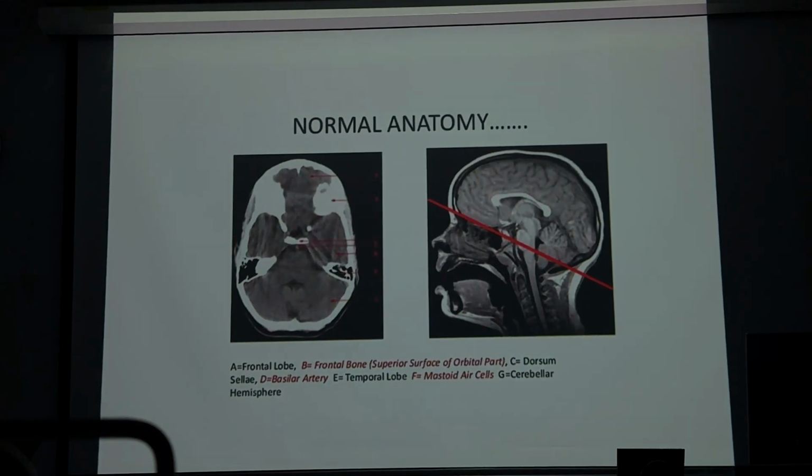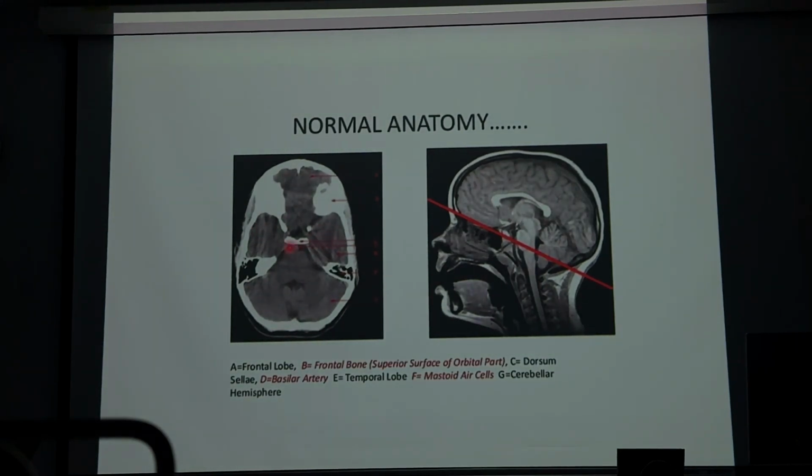Subsequent cuts will further show parts of the frontal bone anteriorly, as we see here, of course, right and left. Frontal bone itself and superior surface of the orbital part, dorsal sellar structures, including the CSF space of the suprasellar and chiasmal systems. Here we have the basilar artery in the prepontine system,